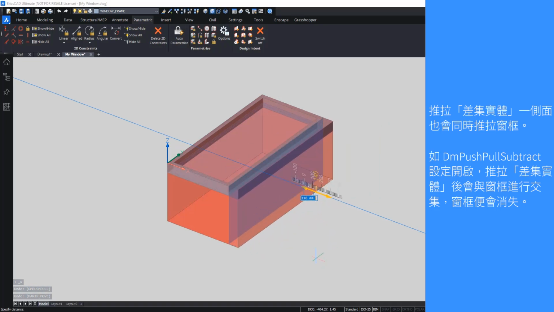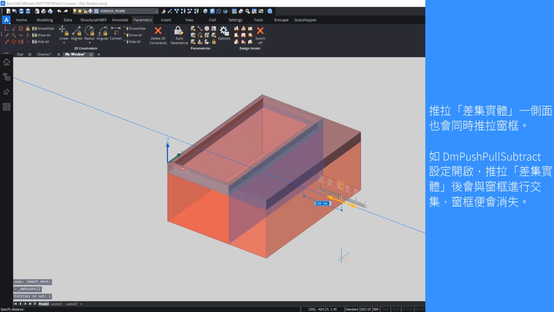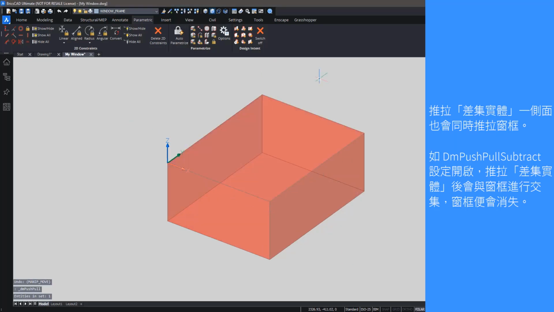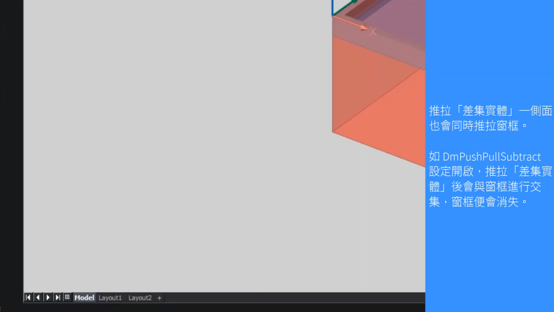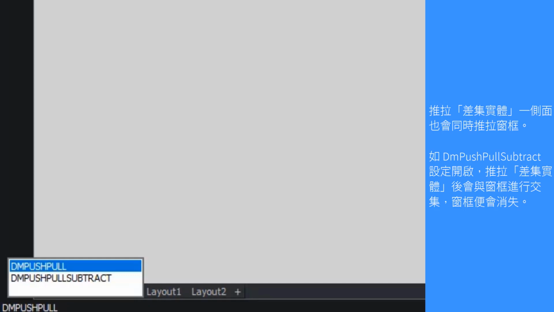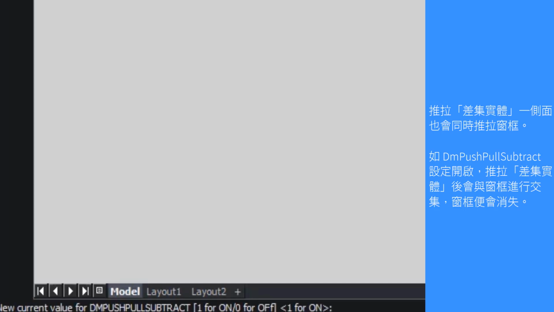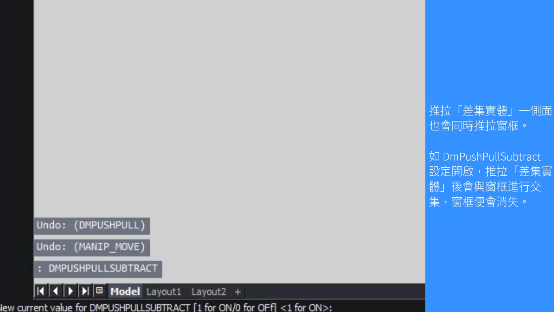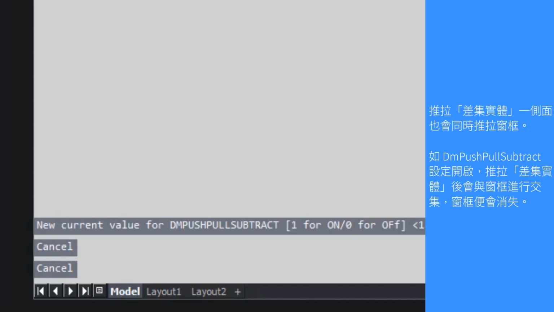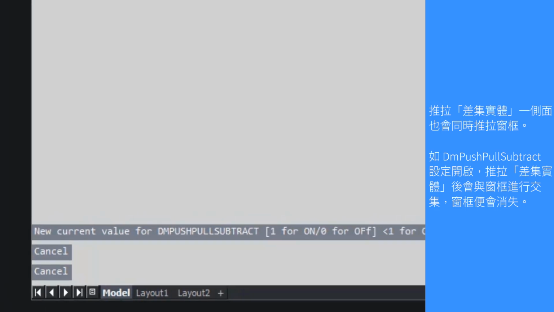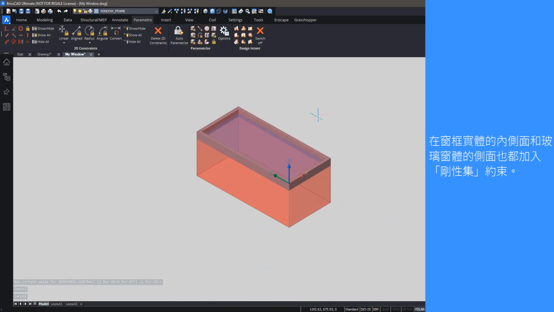So that's correct. Now you will see if I click this, the frame disappears. That's because of a setting called DM push pull subtract, if I'm not mistaken. If this is enabled, you will automatically subtract geometry from other solids if you push-pull a certain solid. By default it's turned on, but in some cases this is not what we want. But yeah, this aside,